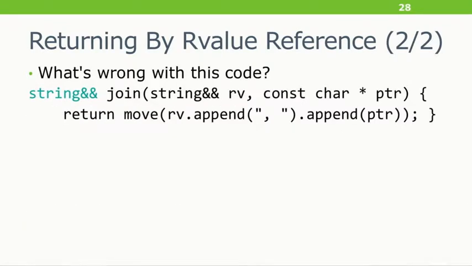OK, so let's say the users learn not to do that, but they're still really intent on returning R-value references. The standardization committee did this. This is not a newbie mistake. Here I've got a join example. Yeah, I know, seriously. We almost shipped this. So we've got a join function. It takes an R-value string, and it wants to append some const char star, but it wants to do something extra. It wants to add a comma. So I can't just use the standard library for this. So I'm going to do a couple chained appends, and then I'm going to move it out.